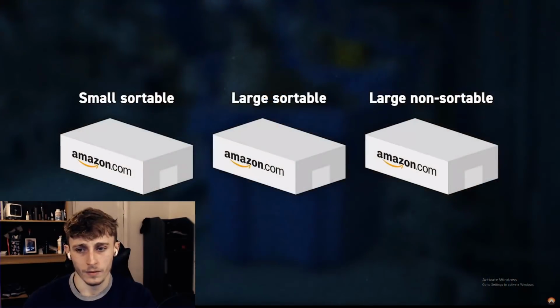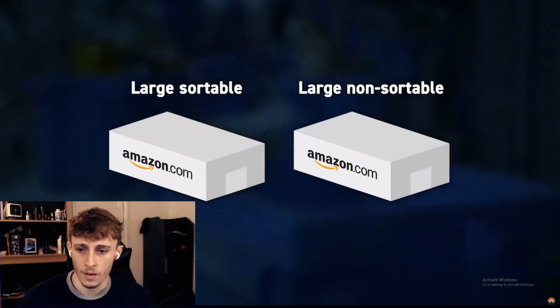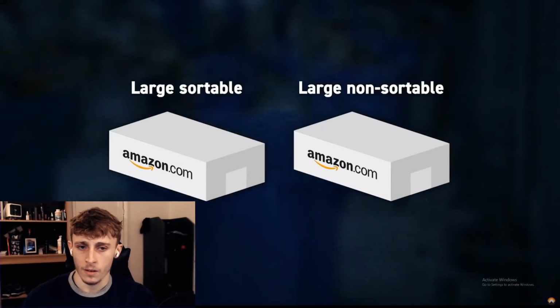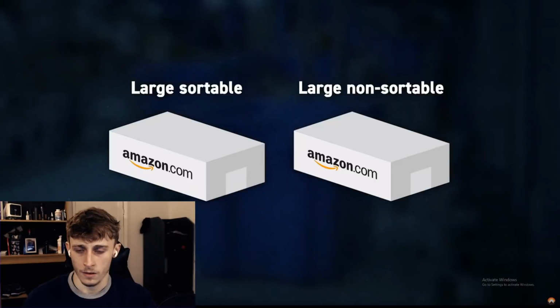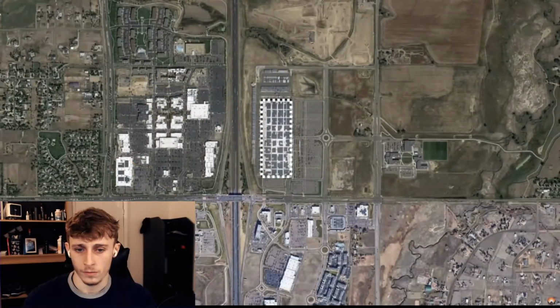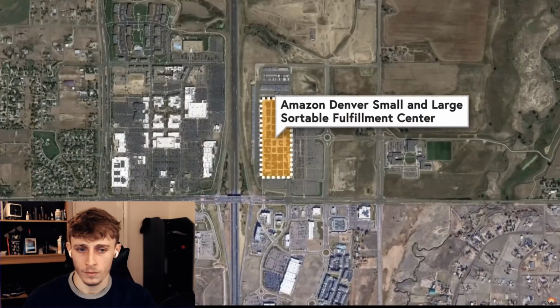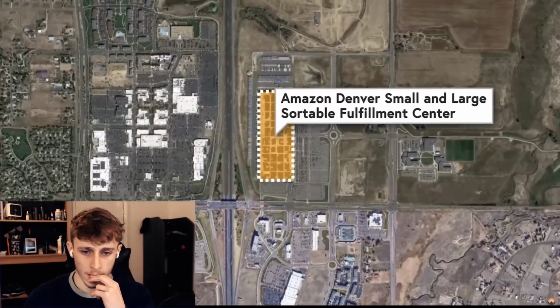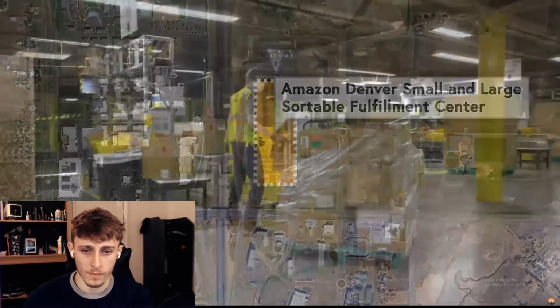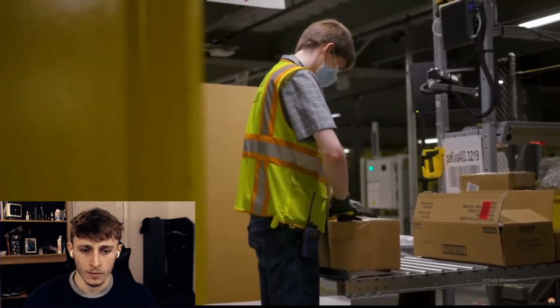The fulfillment process for larger items, though, is just tougher to automate cheaply, so the company chooses to segment the two processes out and runs a far more manual and distinct fulfillment system for larger items. However, in most, but not all cases, the fulfillment centers for large and small items are under the same roof, even if they're operated completely independently. Of course, the ideal scenario for Amazon would be to have every single item they sell in every single warehouse,